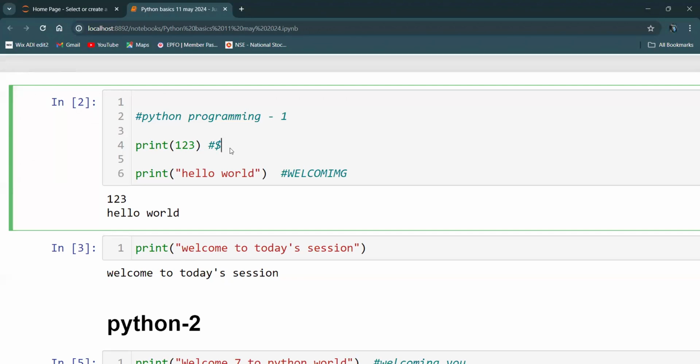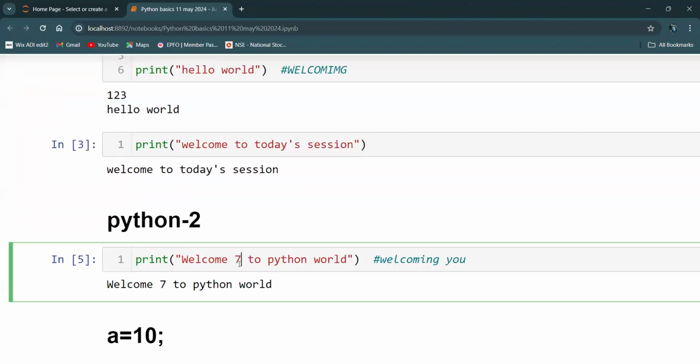Whenever you want to start with integers, without the quotes, without the double quote, that will be printed. But if you want to store a string data type, that is nothing but alphabets, or a combination of alphanumeric. You can observe here, I stored 7. This 7 is inside the double quote, so I will consider this to be a string.